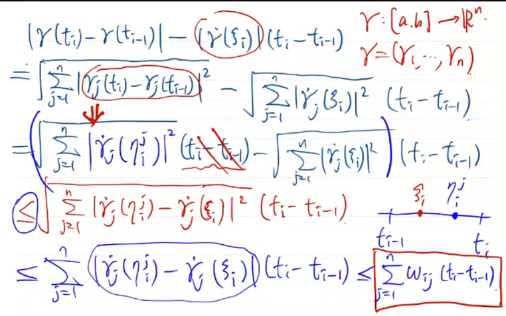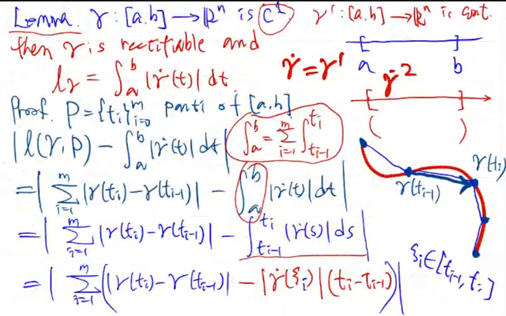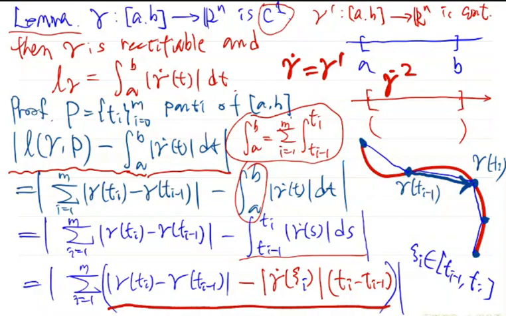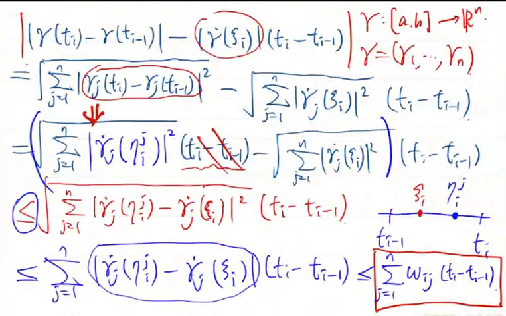Now, of course this is also true by taking the absolute value of everything. The argument still holds. So substituting this estimate into our previous result, the previous estimate of the range of the inscribed polygonal of gamma with respect to the partition P, we obtain it precisely here. Have a look: the absolute value of the term in the summation has been estimated in this page's argument. So using this result, we get